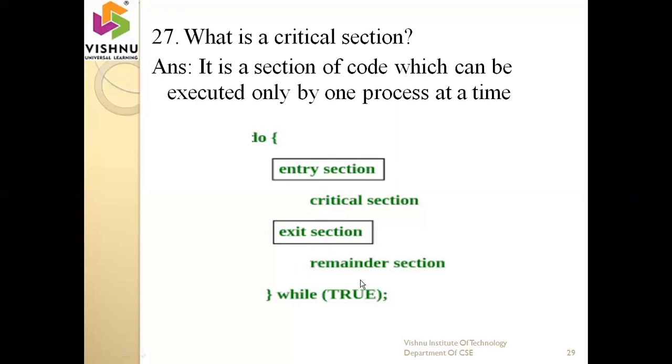Remainder section means how many people are waiting. For example, 60 students are there, one person is taking the printout, and the remaining students are stored in the remainder section. That means at a time only one process can perform the operation. So the critical section occurs with shared resources, shared memory. Whenever we are sharing any resources, we have to get the